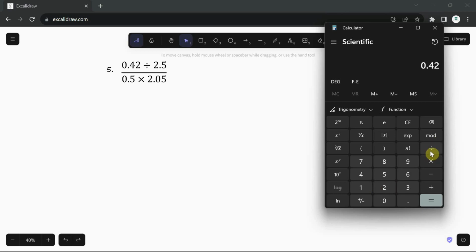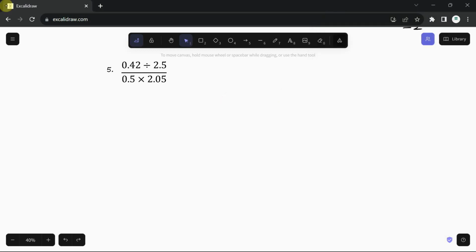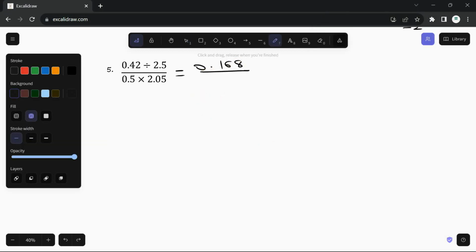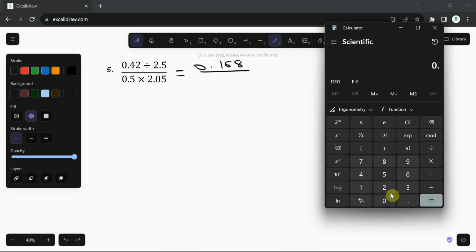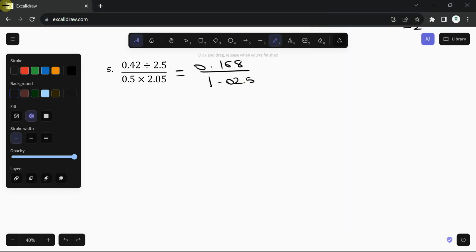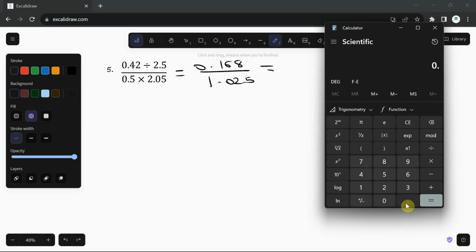so that will be 0.42 divided by 2.5. This gives me 0.168. So let me just write that down. Then the bottom, so you have 0.5 times 2.05. So please do it like this. If you're going to be using the calculator, right, do it like this so that you ensure that you're not going to have any mistake. If you do everything together, there's a probability that you might make a mistake. So 0.168